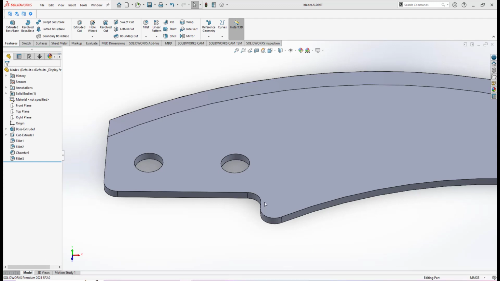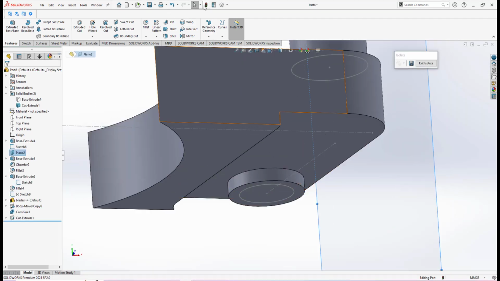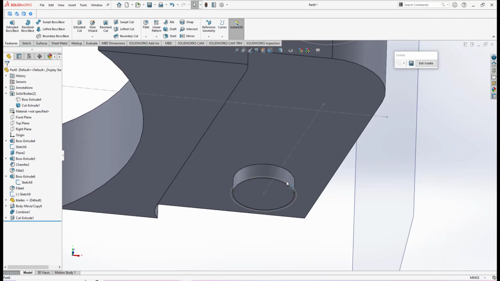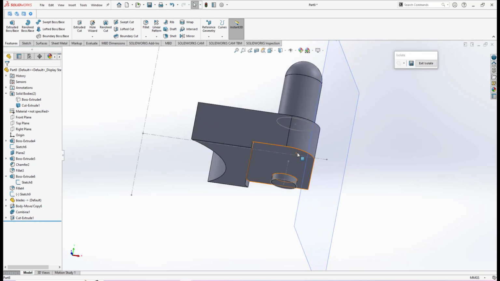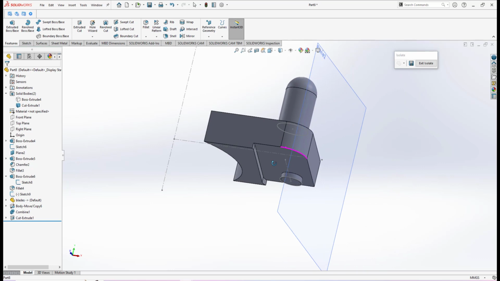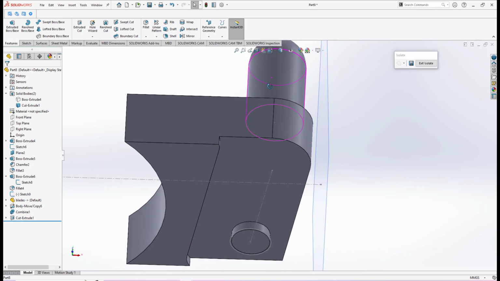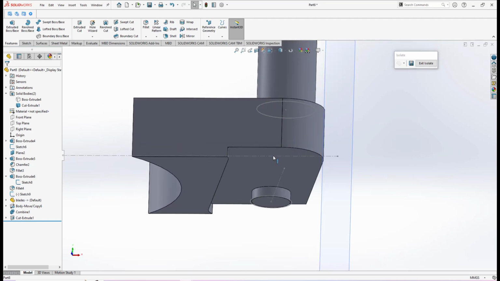Then in my part modeling, if I click update, automatically the shaft here will be reduced. Alright, now I have the basic form of my arm. Okay, since there will be inner thread inside this pin and also here, what I will do,